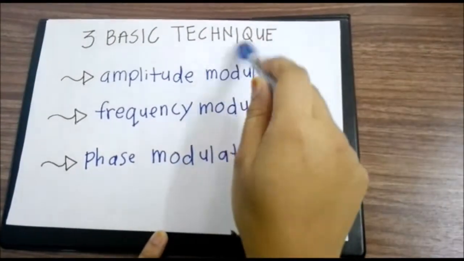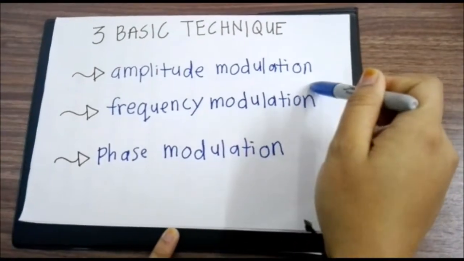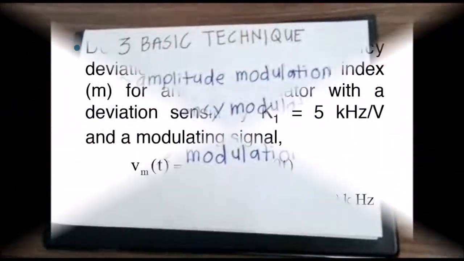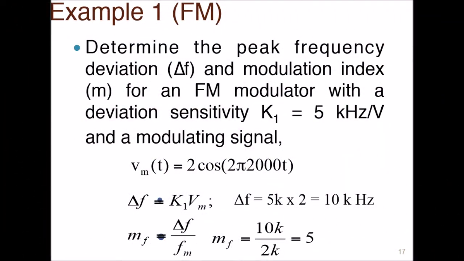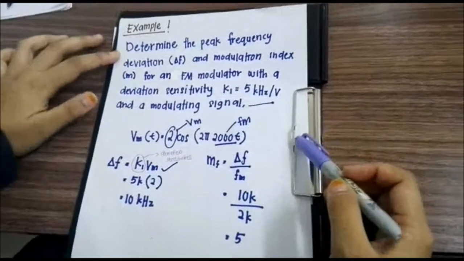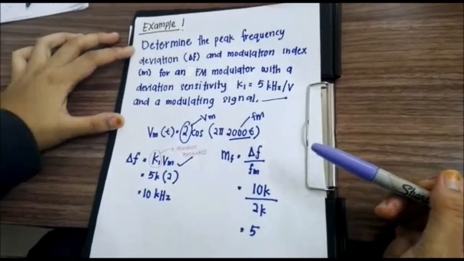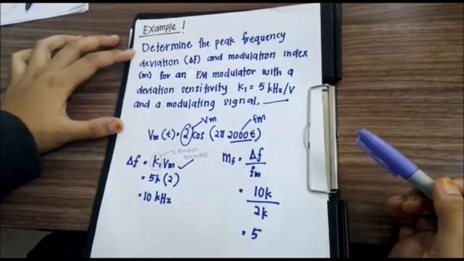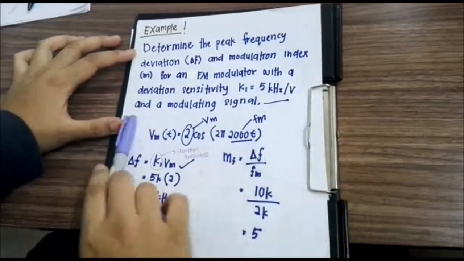Modulation has three basic techniques. First, amplitude modulation. Second, frequency modulation. And third, phase modulation. The peak frequency deviation and modulation index for a frequency modulator with a given deviation sensitivity and a modulating